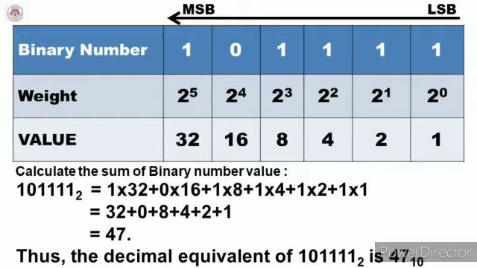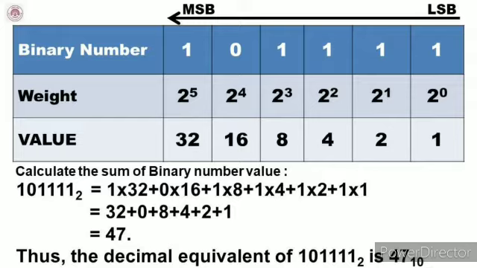In the third row, we have the value. Now 2 raised to 0, anything raised to 0 in indices is 1. A raised to 0 is 1. So like that 2 raised to 0 is 1. 2 raised to 1 is 2. 2 raised to 2 is 2 into 2, 4. 2 raised to 3, which means 2 into 2 into 2, is 8. 2 raised to 4, which means 2 into 2 into 2 into 2, comes to 16. And 2 raised to 5 comes to a value of 32.